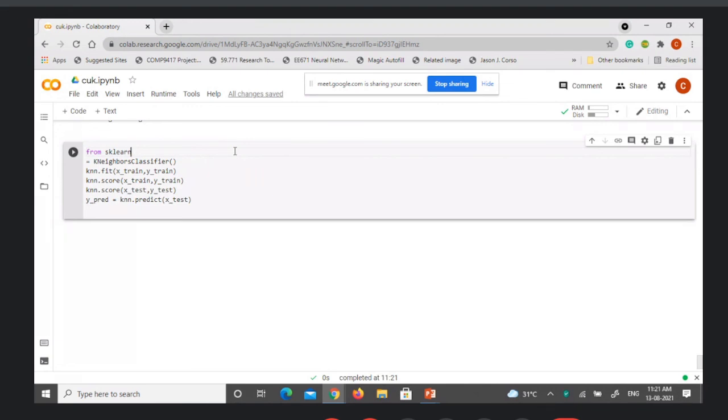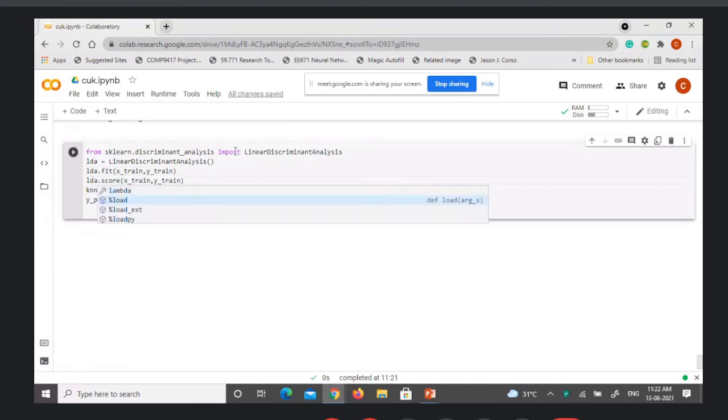So for that, from sklearn dot discriminant analysis, import linear discriminant analysis, then LDA equal to linear discriminant analysis, then LDA dot fit, LDA dot score.